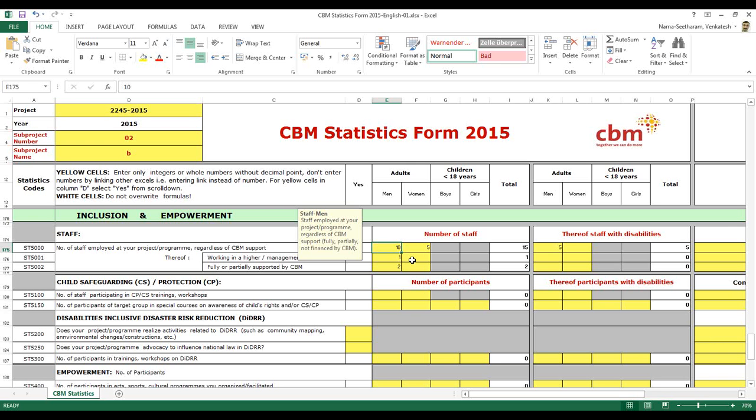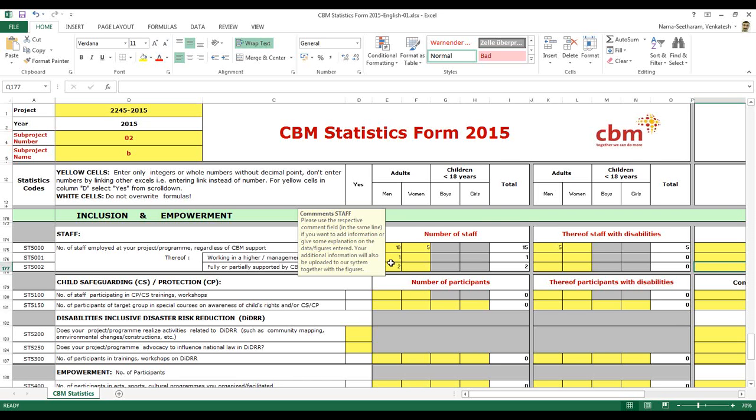For example, there may be 10 overall staff and you are financing 20% of that staff salary, then you can just put it as 2, and you can give a comment here in the comment box saying that out of the positions we have given only as per the percentage.